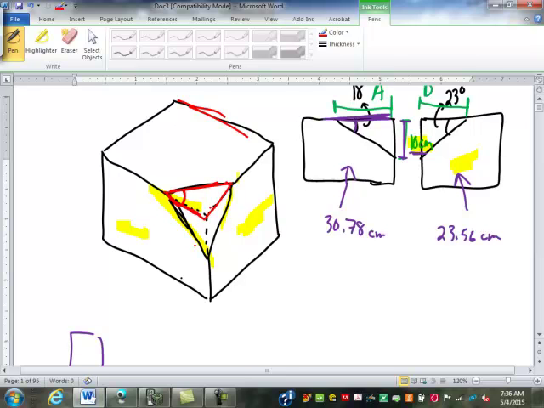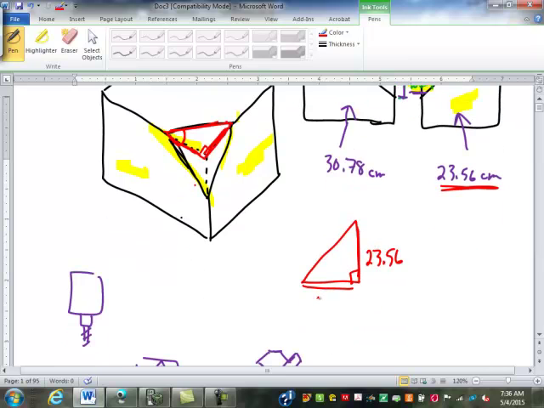Well, if we're looking at this triangle on top, do we know any dimensions from it? Yeah, the dimensions we just found up here: the 23.56 is this side, which we'll put right here. The 30.78 goes right here. And this is the angle we're looking for. That's our angle of rotation. Now, either side really could be considered the angle of rotation. We're just using this one. But